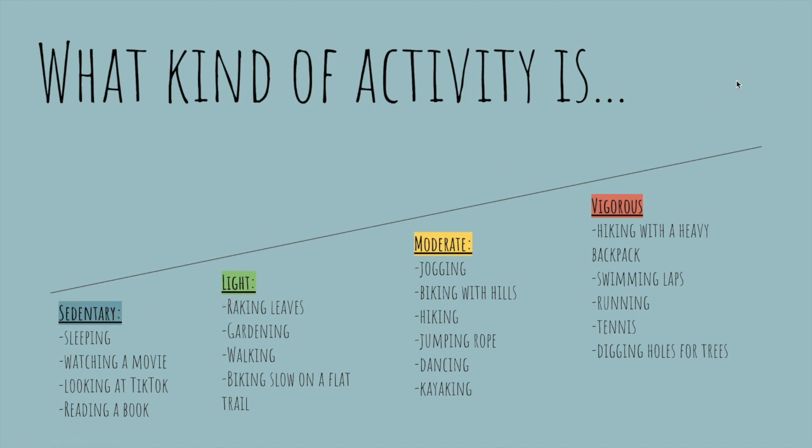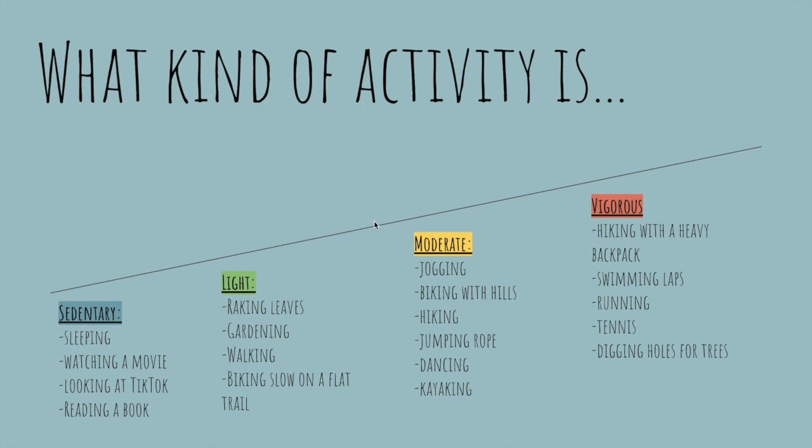As we move up along this line, activities become more challenging for our breathing and our heart rate. So light activities would be raking leaves, gardening, walking, or biking slow on a flat trail. You could also say in this one, like riding a scooter, if you're not going super fast. But I've seen kids at the skate park on the north side where we are beyond vigorous with their scooters. So it really depends on the context or the place that you're using your bike or your scooter or your